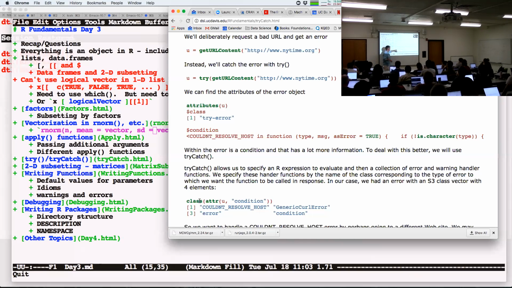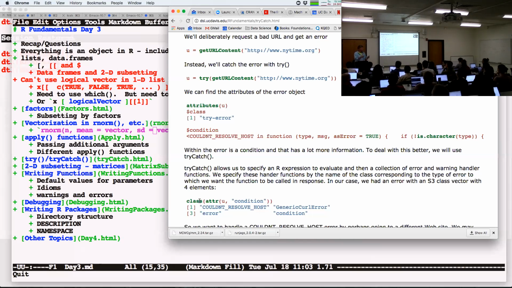But it's even more than this. I couldn't resolve the host, as opposed to you gave me the wrong password. This is a really good way of saying this type of error occurred as opposed to that type of error occurred. And it's very easy to construct these different types of errors, so I'm really encouraging you to do it. You still get the error message. People still see exactly what you would, but you now can actually respond differently.